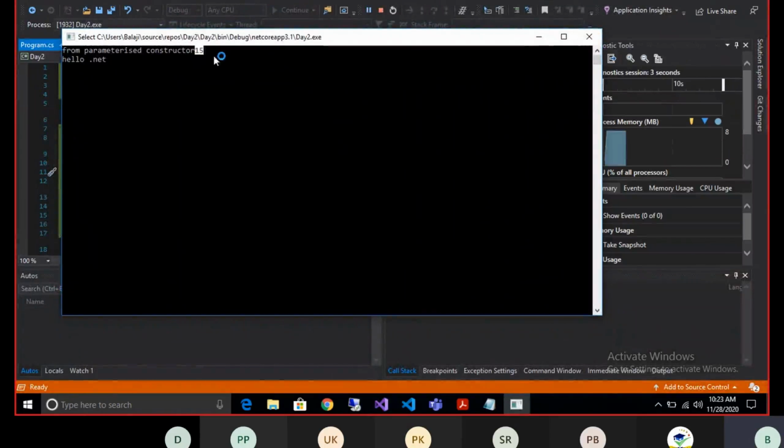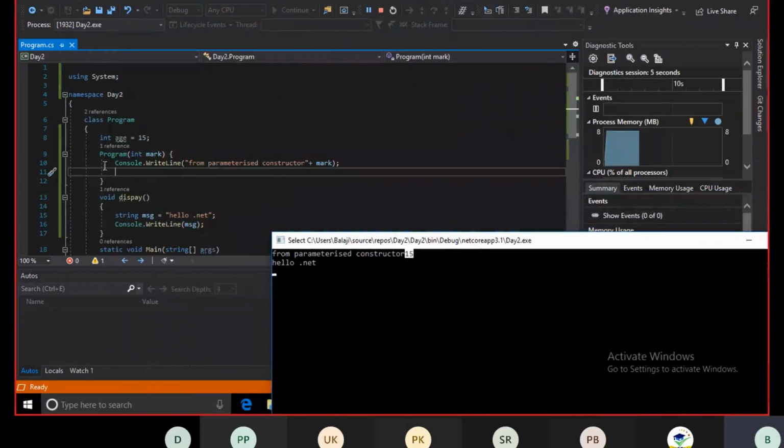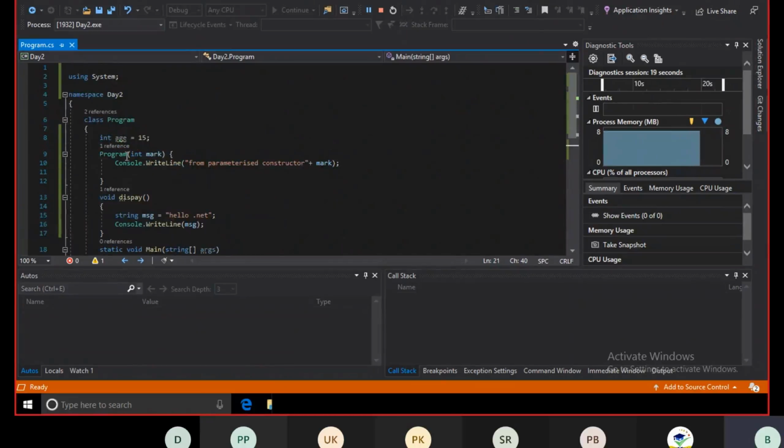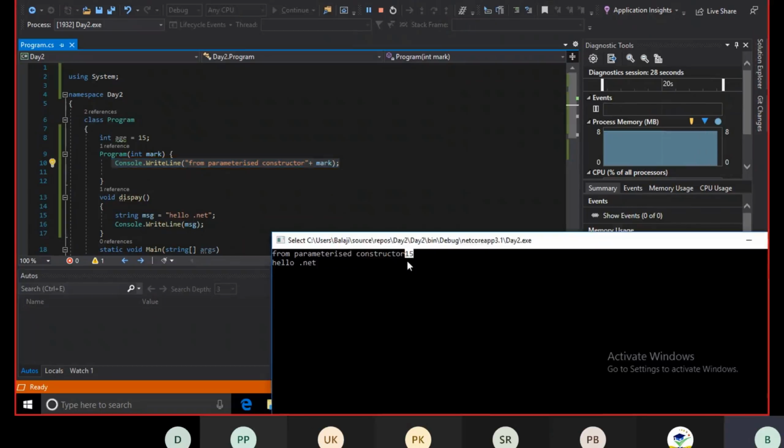We see that the 15 has been printed. Okay, first it is going to call your parameterized constructor. So what it has done is pass this m1 to your program by instantiating an object of that particular class. I'm just passing that value from your main method. So it automatically calls this here in your program, where I'm doing a Console.WriteLine. So if you see that output, first it prints from parameterized constructor 15,